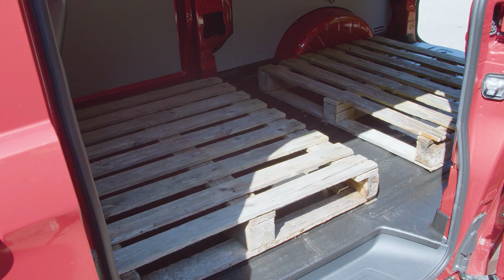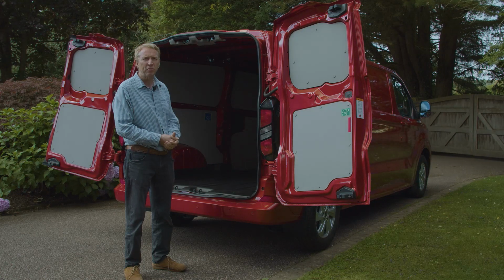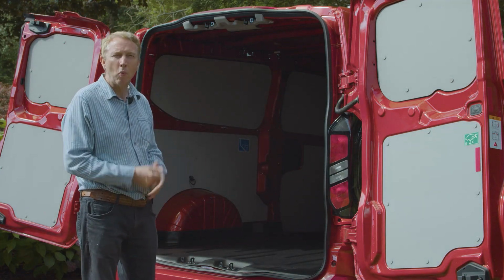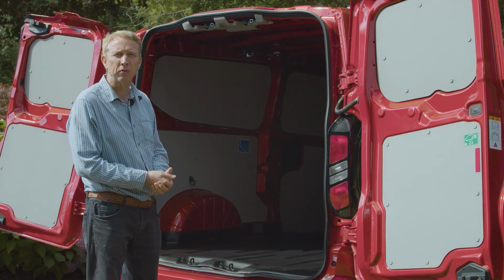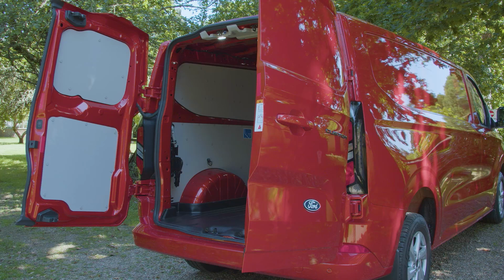Now, with the longer wheelbase you get with this L2 variant, cargo area length increases usefully from 2,602mm to 3,002mm. Or if you make full use of the available load-through flap and push longer items through into the cab, from 3,050mm in the L1 to 3,450mm here. On all models, the cargo area width is 1,777mm, narrowing to 1,392mm between the wheel arches. The rear door aperture height is 1,314mm on H1 versions and